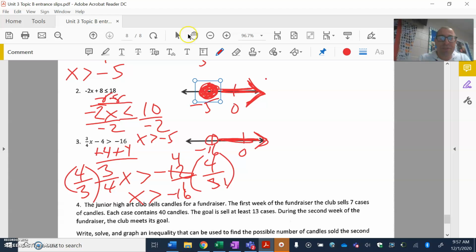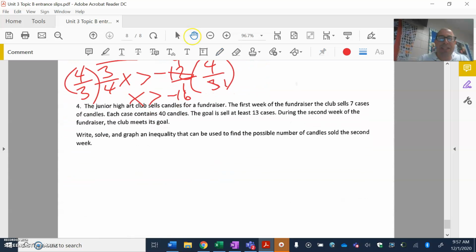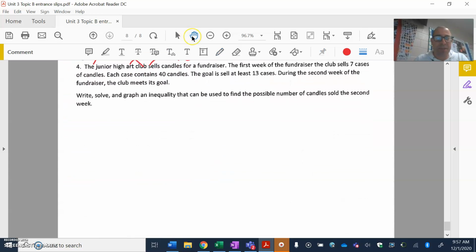Okay, let's go down to the question that we're looking at. This is going to combine everything together. We've got a junior high art club selling candles for a fundraiser. The first week of the fundraiser, the club sells 7 cases of candles. Each case contains 40 candles. The goal is to sell at least 13 cases. During the second week of the fundraiser, the club meets its goal. Write, solve, and graph an inequality that can be used to find the possible number of candles sold that second